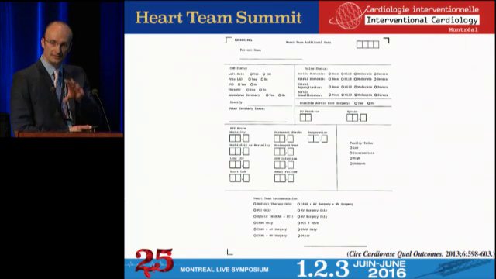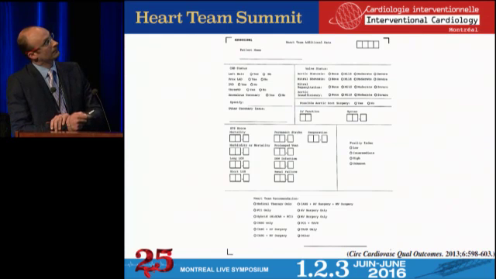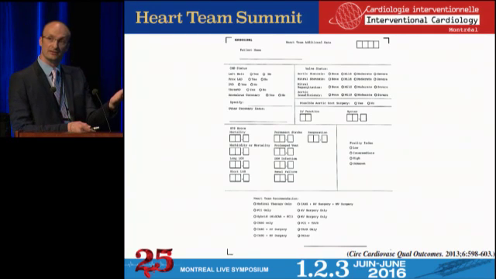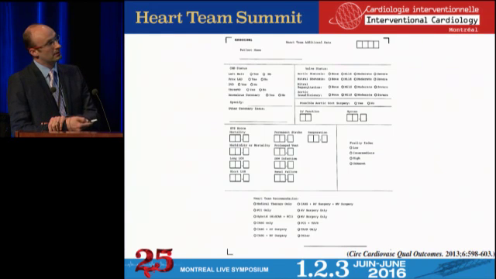There's a standardized sheet that some centers would use, for example, for revascularization and or valve disease, where bottom line there's an etiology of the cardiac disease, different mortality scores that guide or justify, be it a percutaneous approach, hybrid approach, or surgical approach, as well as a bottom line consensus decision by the group.